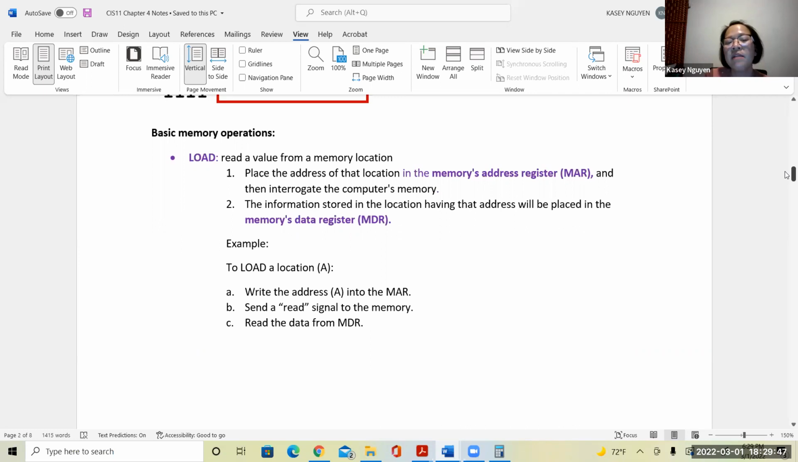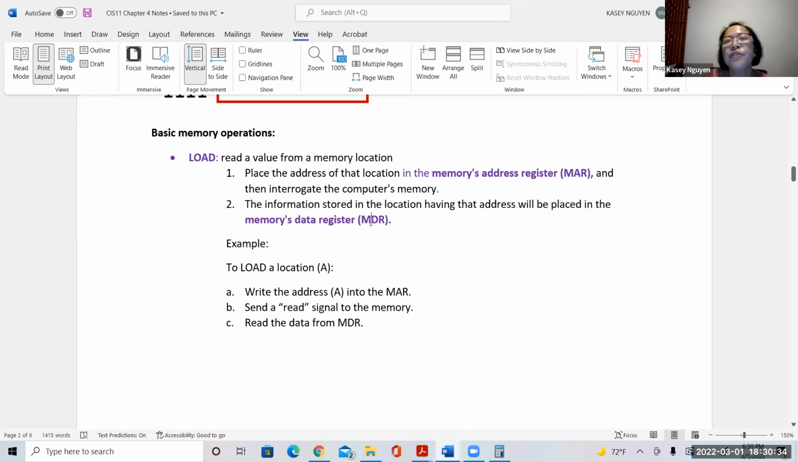So simply what happens is when you load, it places an address at that location. And that address is going to be placed in what's called the memory address register, your MAR. Okay. And then it's going to interrogate the computer's memory. And then the second step is that the information stored at that location, it's going to have an address. It's then going to place that address into the memory data register. So the data that's stored at that address, it needs to take that address to be able to put it